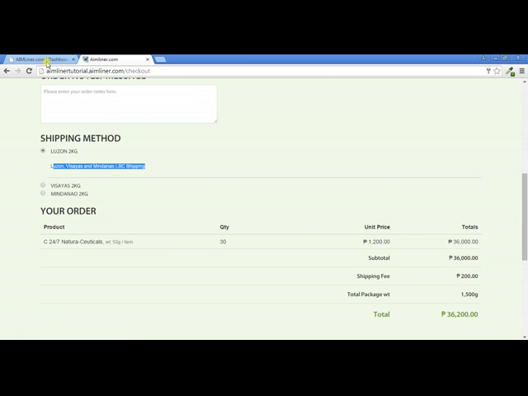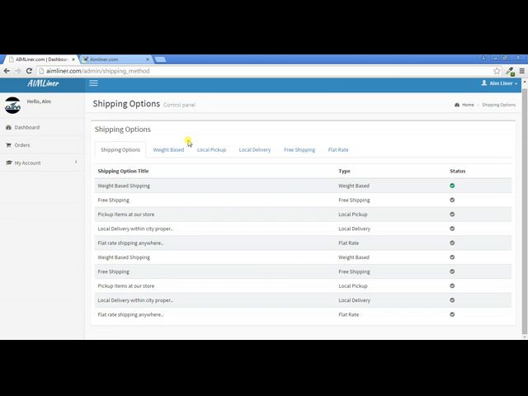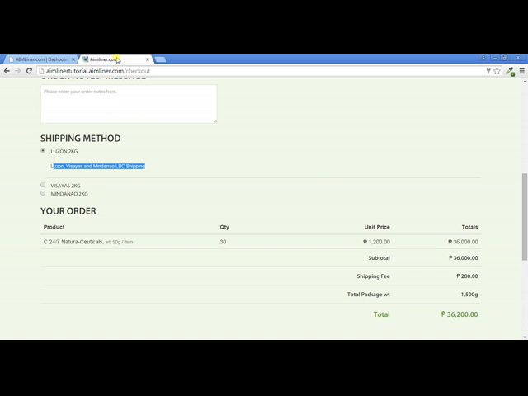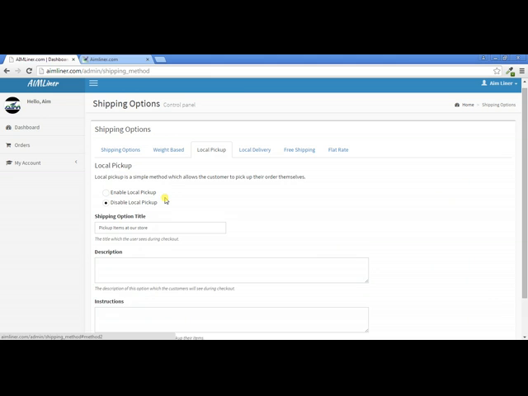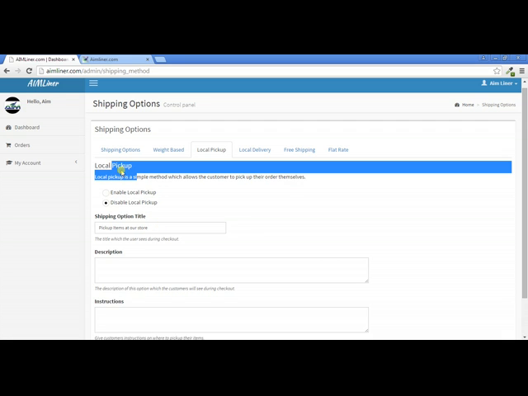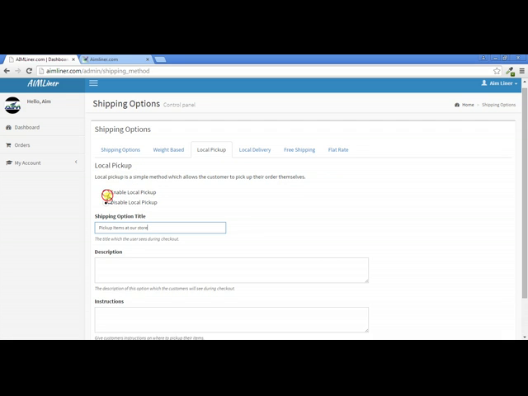Alright, so it's updated. That's one of the shipping options that AiMLiner has to offer for you. Another shipping option is a local pickup option. All of these are at your disposal, and you don't need to label it as a local pickup. You can just enable it and put it here as a meetup